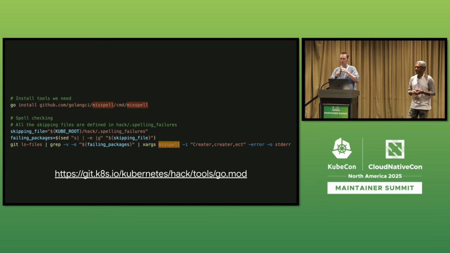So if you have a bunch of random tools, like we have a spell checker in Kubernetes, I guess, we have our own sub module that's just tools that isolates those, so that if there's an issue with one of those, it doesn't show up in a scanner for the top level module. If there's an incompatibility with one of those, it doesn't keep us from updating the dependencies we build and ship with.